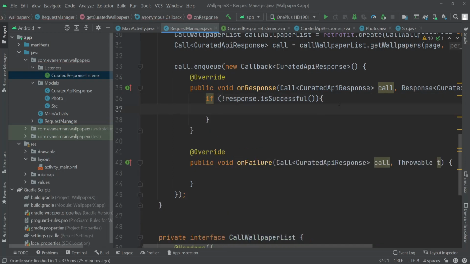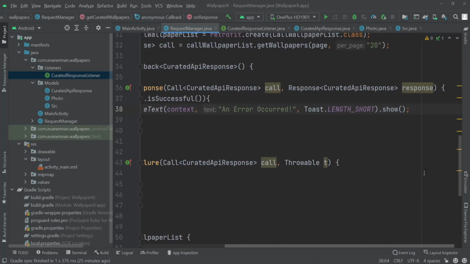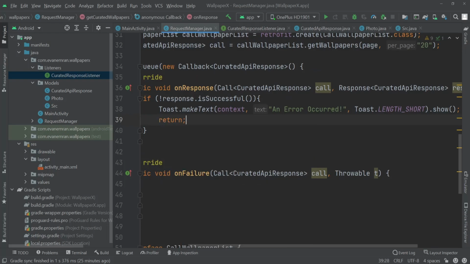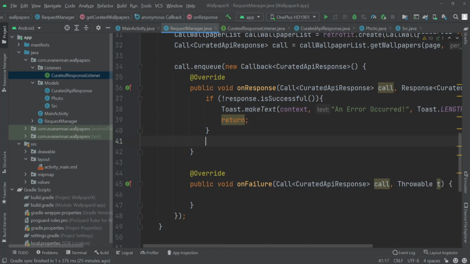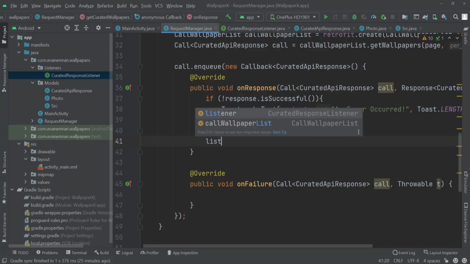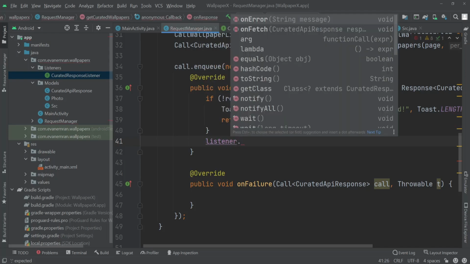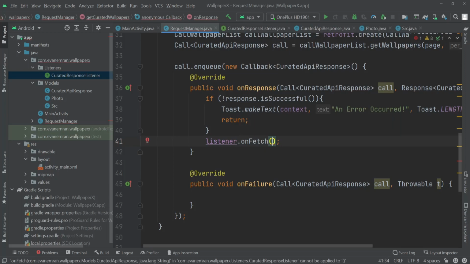So if it is not successful, then we can show a toast message. I'll pass, at first, the context, and then for the message I'll pass an error occurred. All right, and after that we'll just return from here. Okay, and outside of this if statement, if it's successful, then we'll call the listener dot on fetch, and here